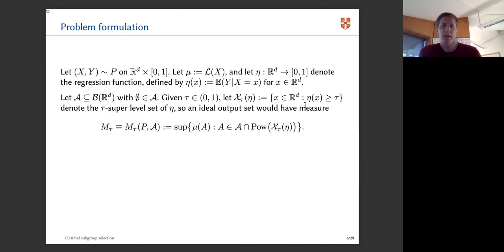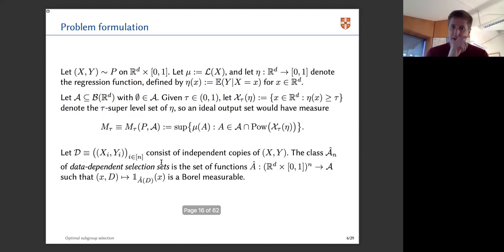So the point here is that if you told me the underlying distribution P, then the best set I could output would be one whose measure was the supremum of the measures of all sets A, where A both belongs to my family and is a subset of this tau super level set of eta. So that's certainly the best I could do if you told me the P,